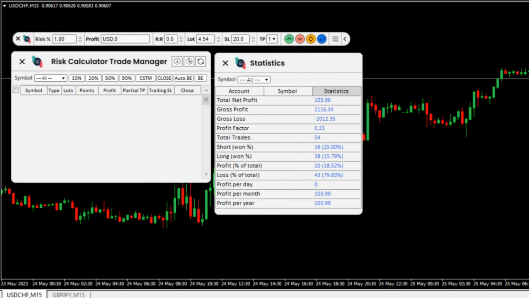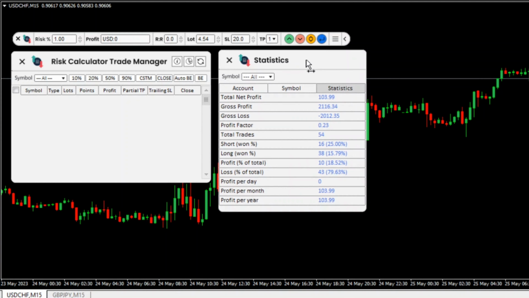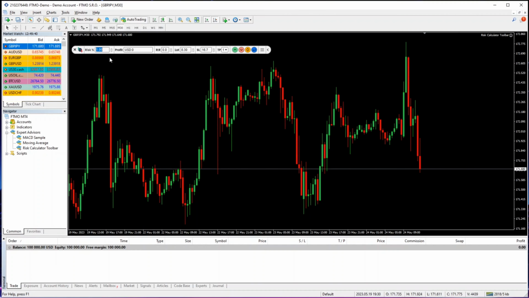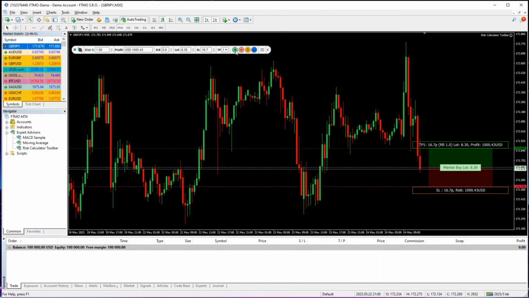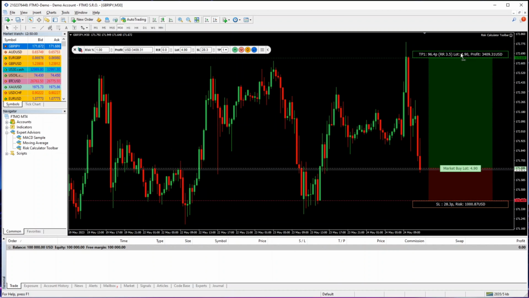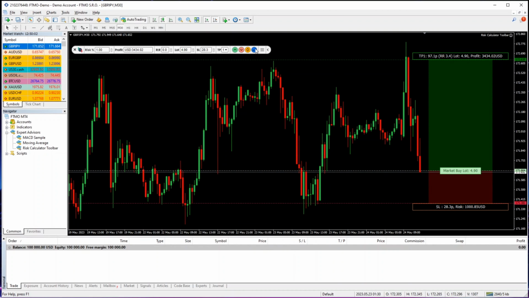into each one of these features so you get a real understanding of what we offer. And for example, say if I want to risk just like 1% of my account, simply type in 1 there, and say if we want to do a market buy, simply click the green up arrow, and we can set our stop loss to wherever we want and set our buy. Pretty simple stuff. And then you can hit the blue arrow to enter the trade,